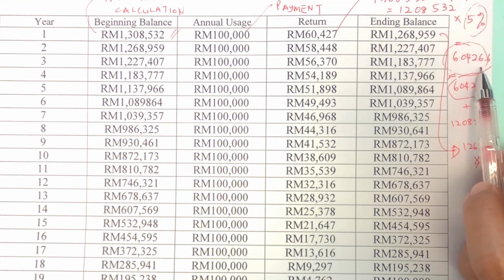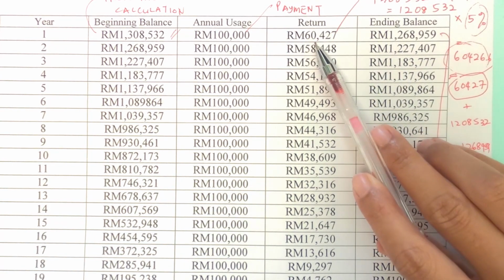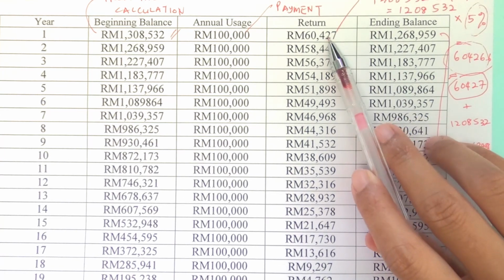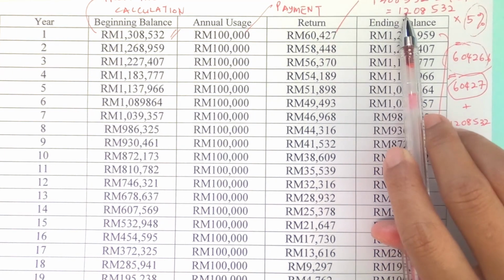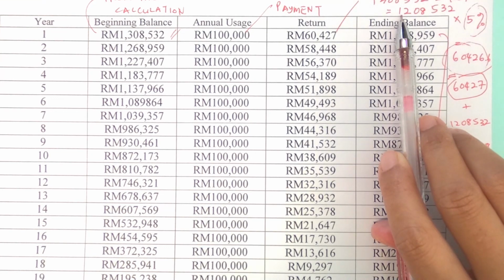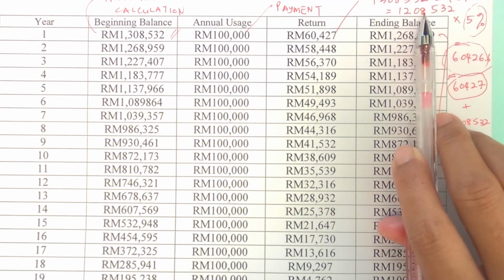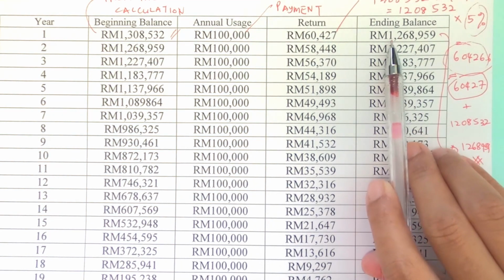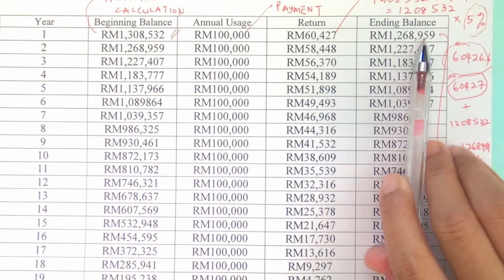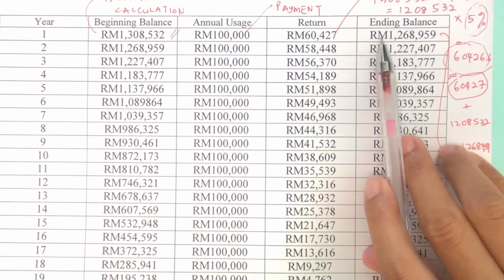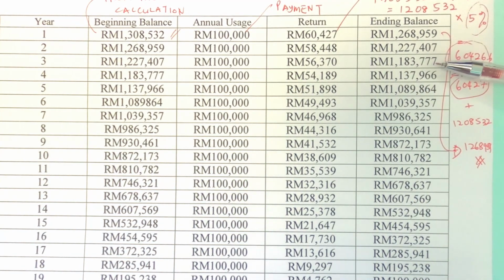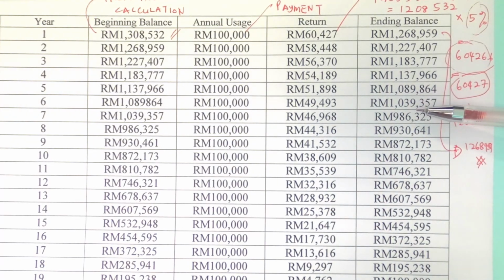Where if you round the figure, you can get 60,427. And if you add this return with the remaining of the balance, 1,208,532 add with 60,427, then you can get the ending balance of 1,268,959. So this is how you can actually understand how the movement of the money in the retirement fund itself,